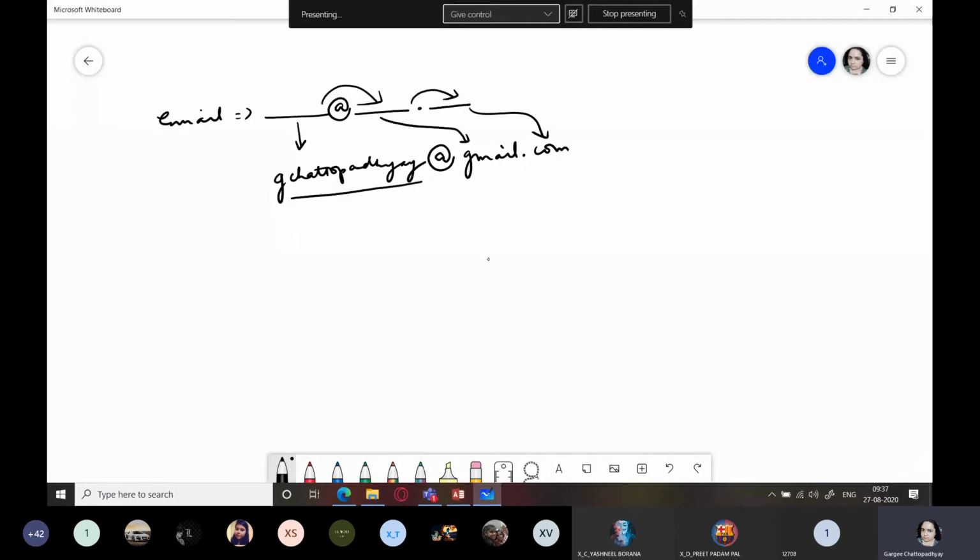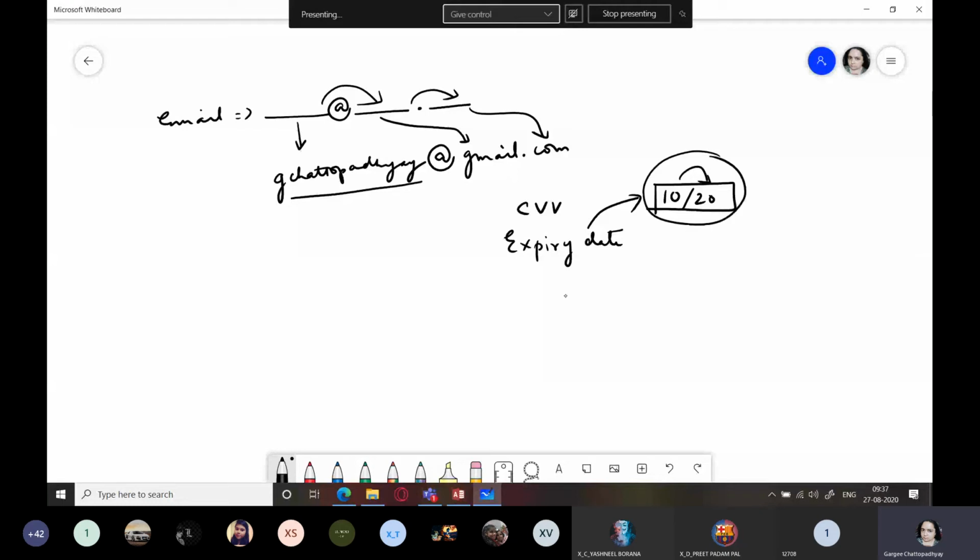You might have seen this many times when you are filling CVV number or expiry date, when you are doing some online transaction using your debit or credit card. Have you seen this? You have a box, and in this box you already have the slash. This slash is usually for expiry date. The first one would be the month, and the next one would be the year. The moment you type the third digit, it will jump to this location and the digit would be typed. So this is how it accepts.